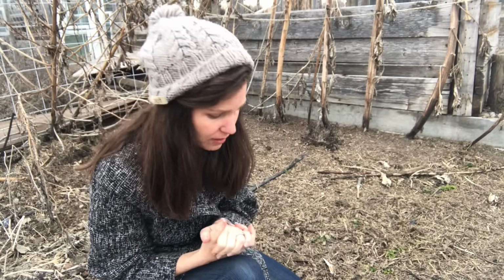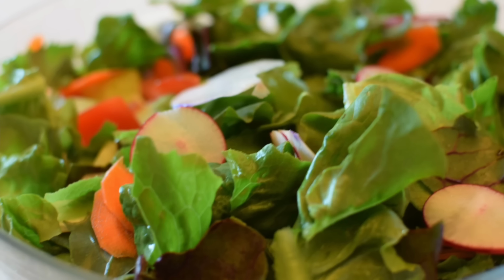We're going to look at leafy greens first. What are the leafy greens that you guys enjoy eating? We really enjoy spinach. That's one our family loves. We can saute it or we can eat it fresh as salads. So we grow a lot of spinach, plus it grows really well here. It really thrives. I also like kind of a butter lettuce, so we usually do a couple different kinds